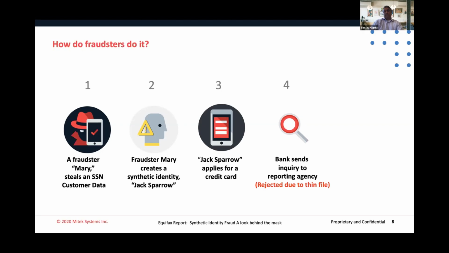So what magically happens here and also elsewhere in the world is really a new file is created for this individual. They're rejected, but then a thin file is created for them saying, okay, yes, this individual, Jack Sparrow, applied for a credit card, but he'd never existed in our system.